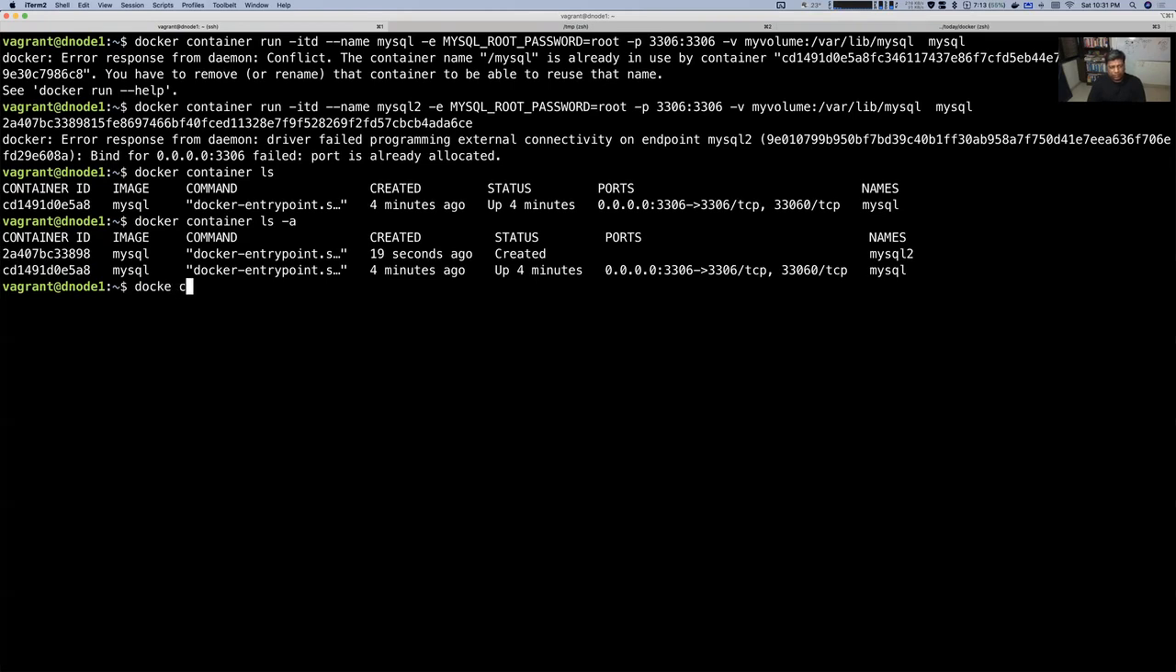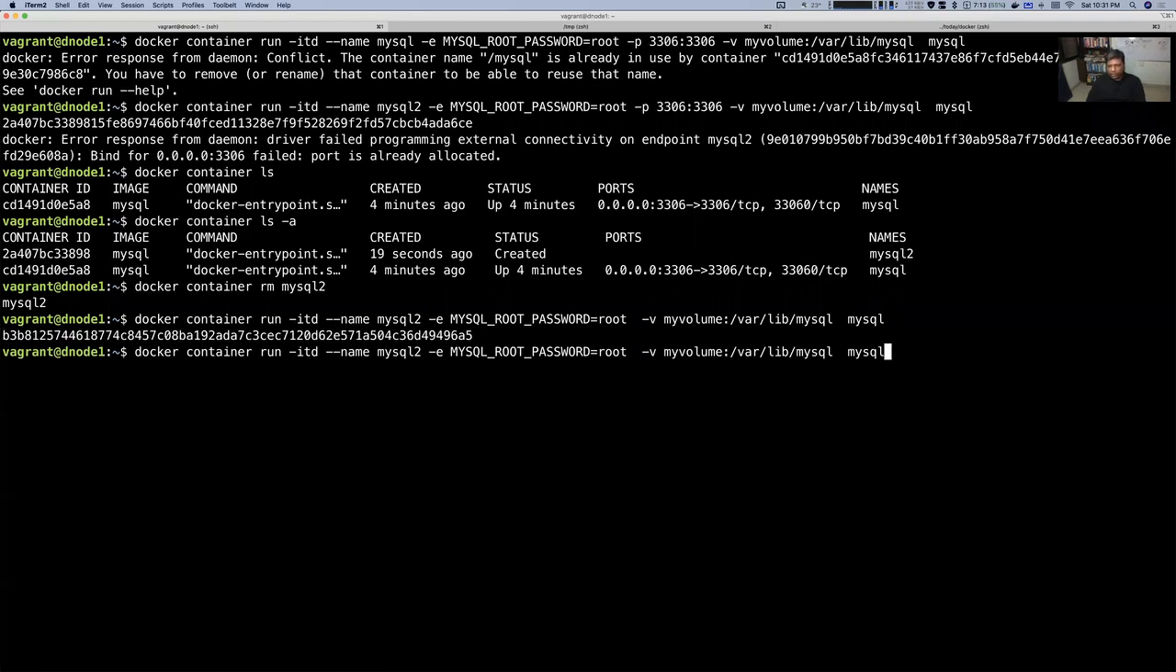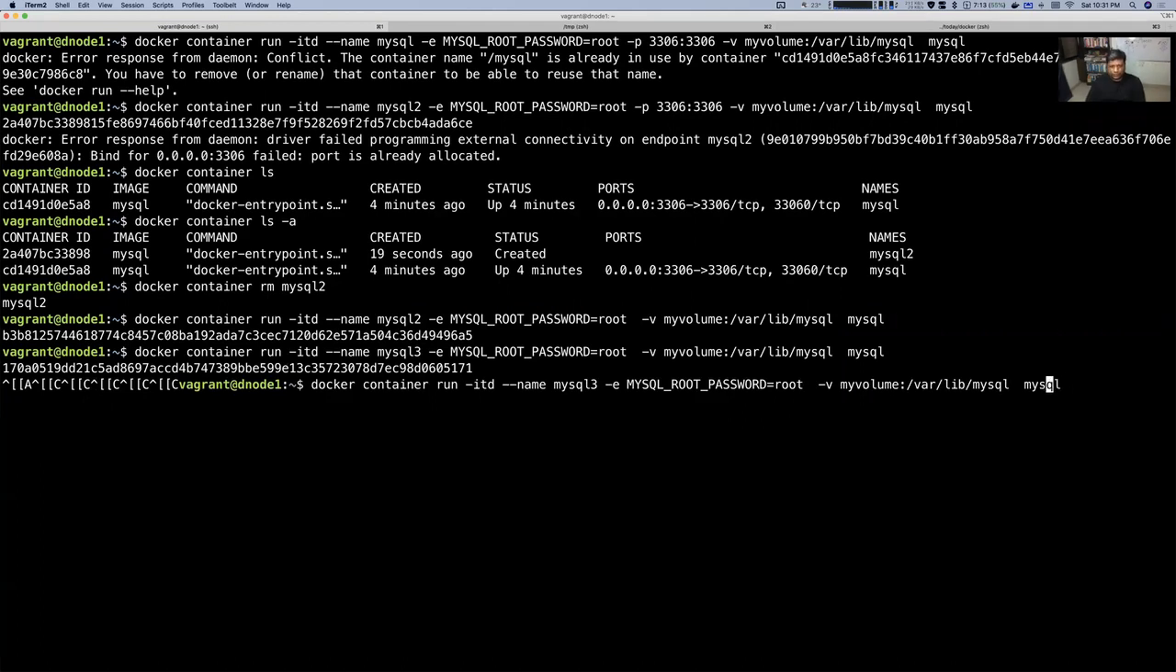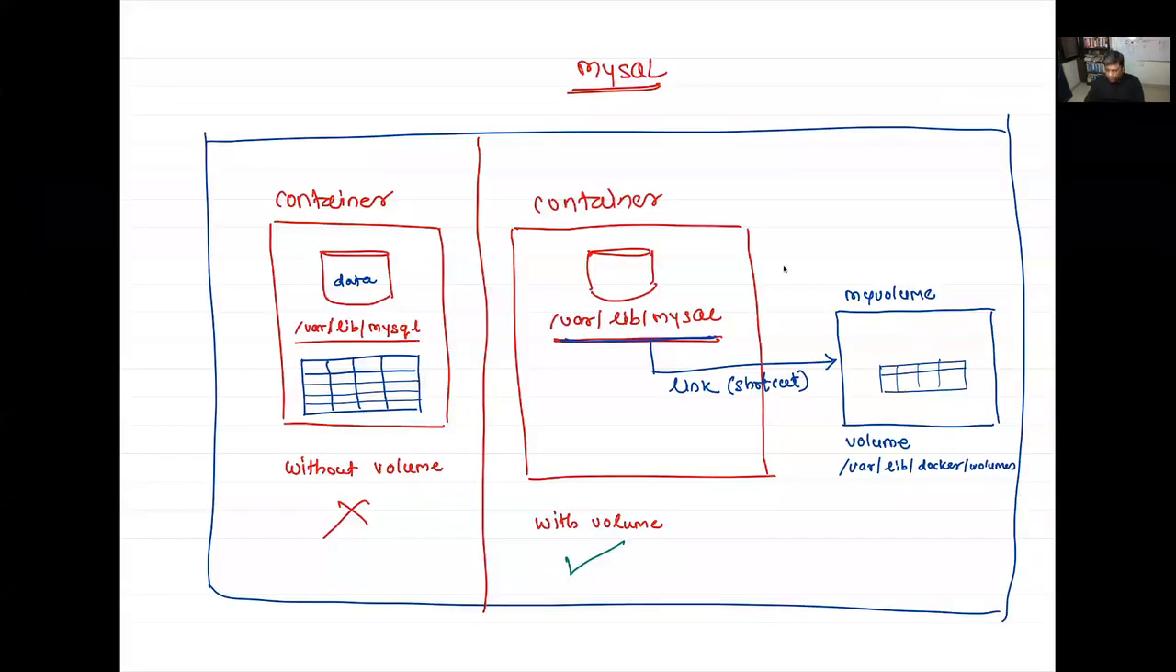So docker container rm MySQL2. You see, that's where we are deleting it. And I'm going to create it again, MySQL2 without port mapping. I'm going to create one more MySQL container, and one more. That's going to be MySQL2, MySQL3, and MySQL4. So I've got 4 containers now, and all of them are having the same volume here, which means even if